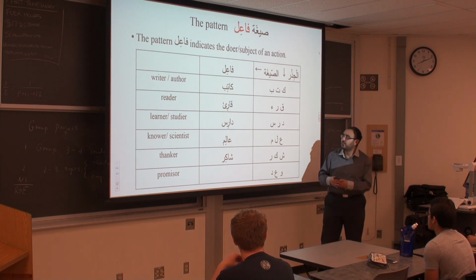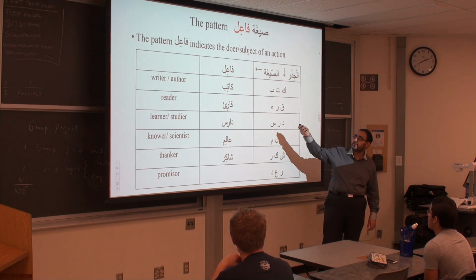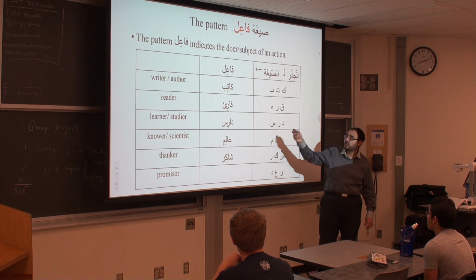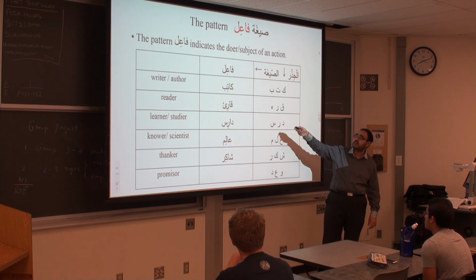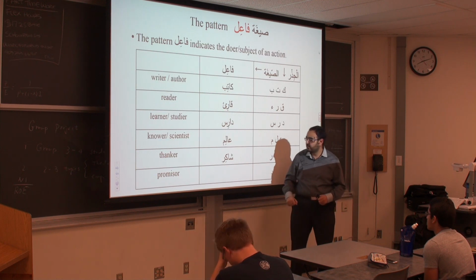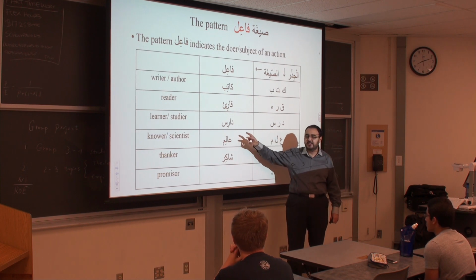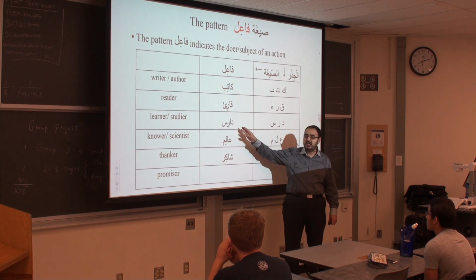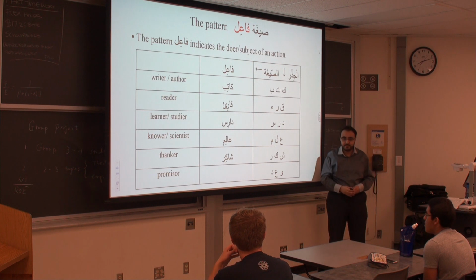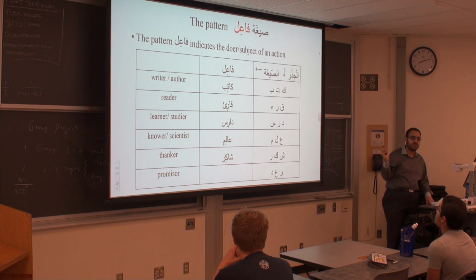Do you remember how we form this word? Exactly, you replace the fa with the first letter of the root, the ayn with the second letter of the root, the lam with the third letter of the root, and then you add everything else, so the alif and the kasra. About your question, Ran, when trying to get the root out, you're actually doing the reverse. You have the word and you put it in a pattern and then guess the root. Any questions about اسم الفاعل?